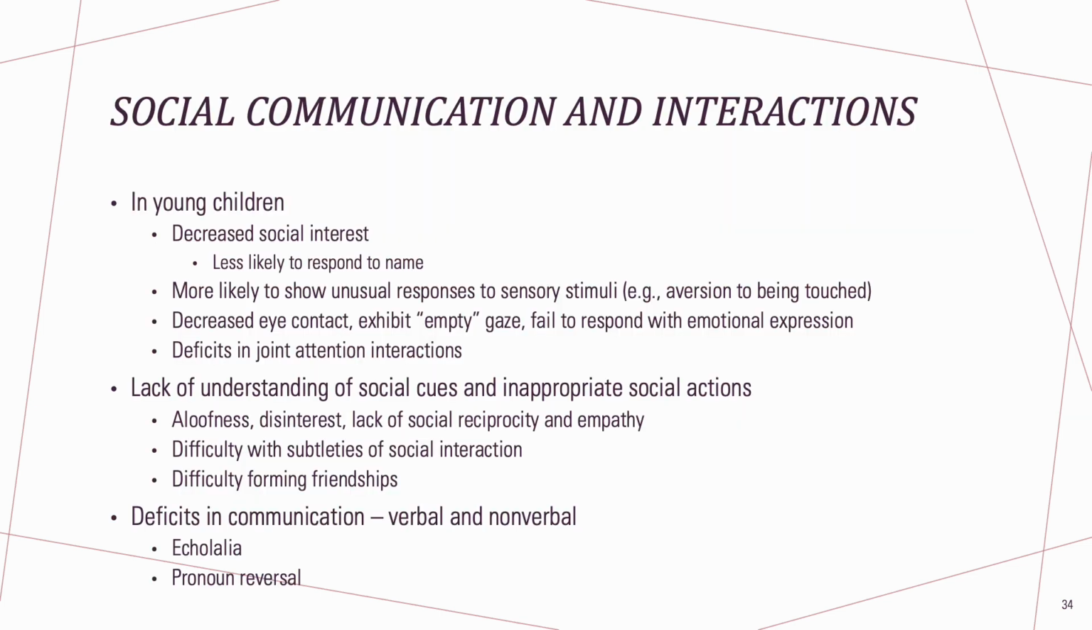The first component when we are looking at autism spectrum disorder is impairments in social communication and interactions. This is one of 2 core features of ASD. In young children this looks like decreased social interest. You might see kids who are less likely to respond to their name, or who show unusual responses to sensory stimuli, such as an aversion to being touched. We might see decreased eye contact, or kids who exhibit an empty glaze over their face. They might fail to respond with emotional expression to you, and there might be deficits in joint attention